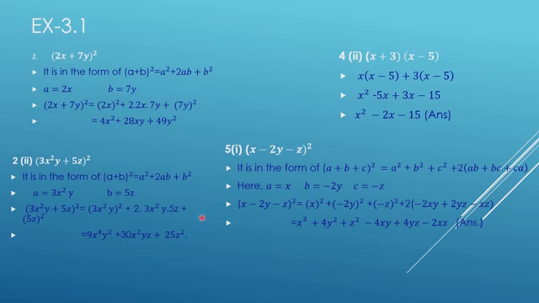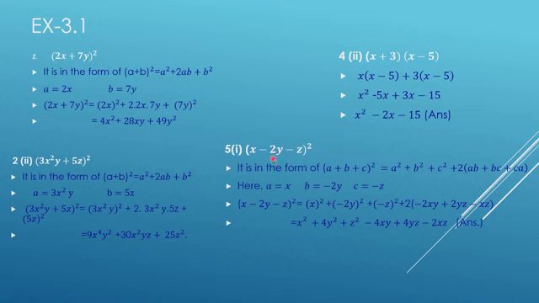Let's move on to the next sum. (x + 3)(x - 5). So what happens is, this is your (a + b)(a - b) type. Since we do not see any mathematical operation here, that means it's a multiplication. So what we can do is, we can take the first term from this entire expression, x, and then multiply it with x minus 5. So x into (x - 5). So basically we are multiplying x with x minus 5, then plus 3 into (x - 5). So when you solve this, you get x square minus 2x minus 15.